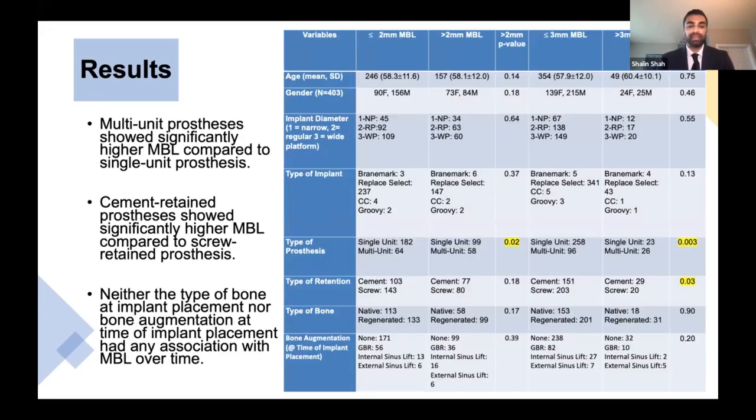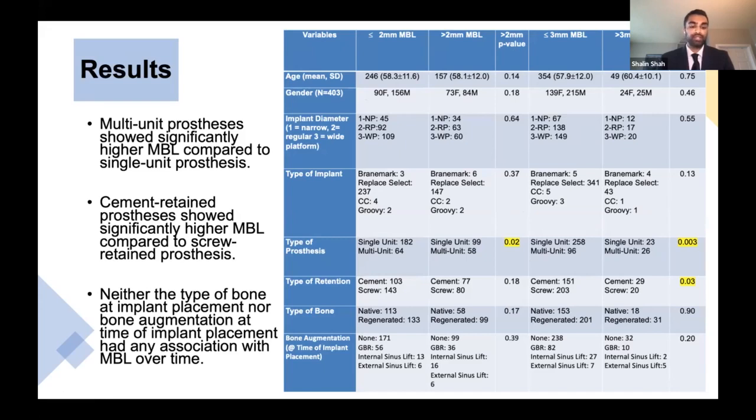Now this table is the real meat of the project. We have two sets of 3 columns that break down our analysis for if our threshold is 2 millimeters or 3 millimeters. So, on the left side, we have the 2 millimeter category with 246 implants with less than 2 millimeters of average MBL and 157 above, and then 354 implants with less than 3 millimeters of MBL and 49 above. And where we found associations were with a threshold of 2 and 3 millimeters with the type of prosthesis,